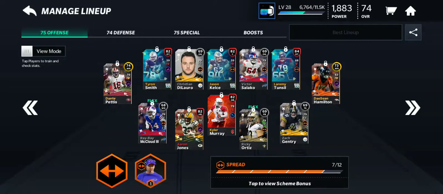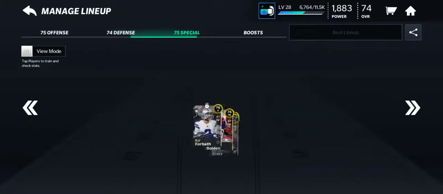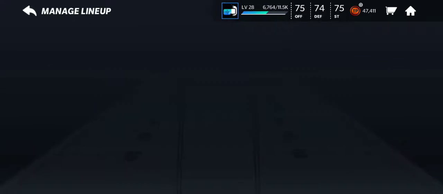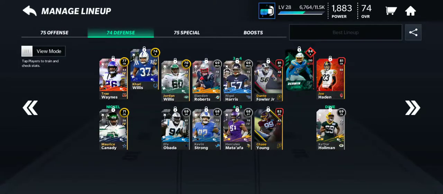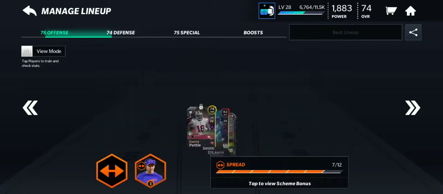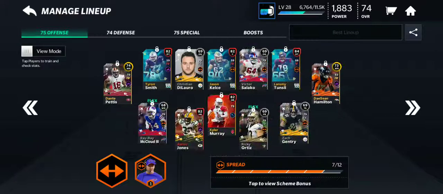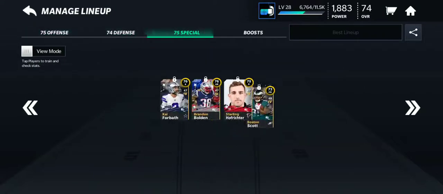And I also have a decent team anyway. So yeah, you guys can see I bought Chase Young as well. I bought him for like 400k only, and he has already risen. Some other players I bought for cheap. Kyler Murray, I bought him for 190k. That was also a really good deal. Yeah. So this one was